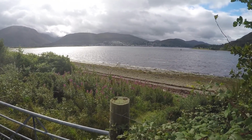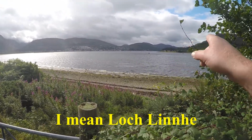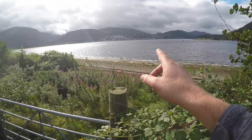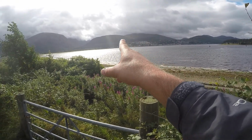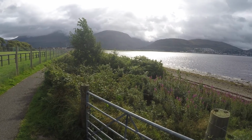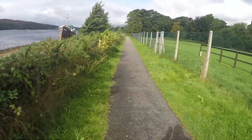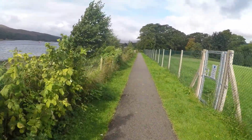Right guys, we're doing well. Hopefully I've got this right. This is Gairlochy. Down around the corner there and down through is the sea. And just up to my right is the lock onto the Caledonian Canal. There's Fort William, that's where we started this morning, where I started. Fort William, long, and up there in the cloud there is Ben Nevis. So we walked all the way around and we'll shortly be joining the Caledonian Canal and start heading east towards